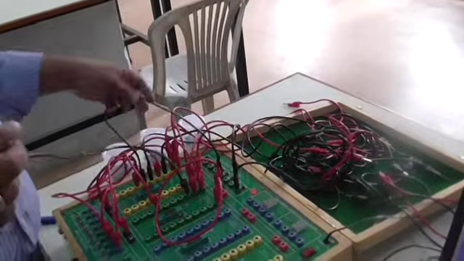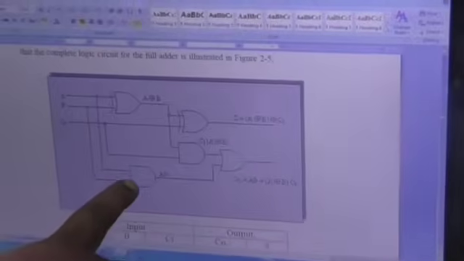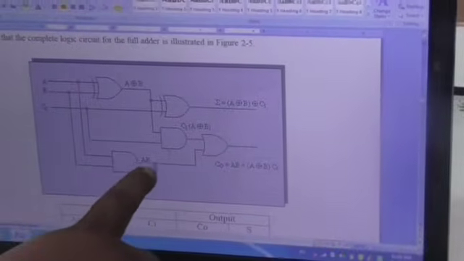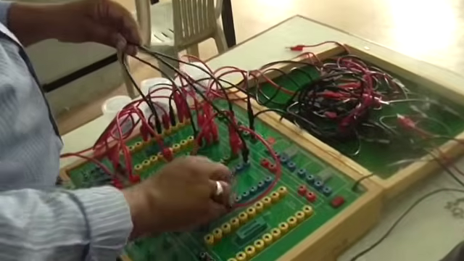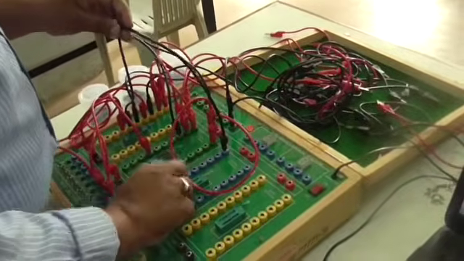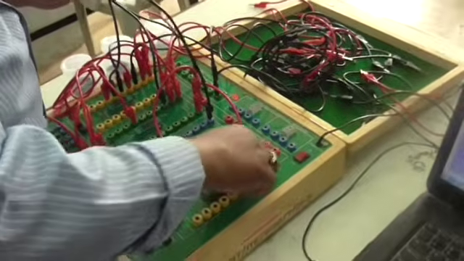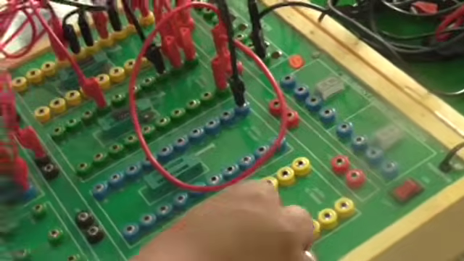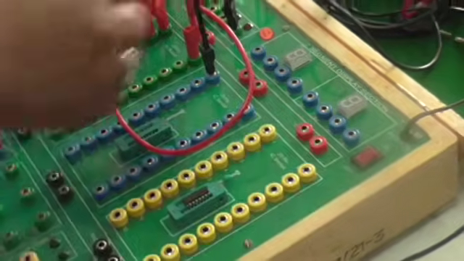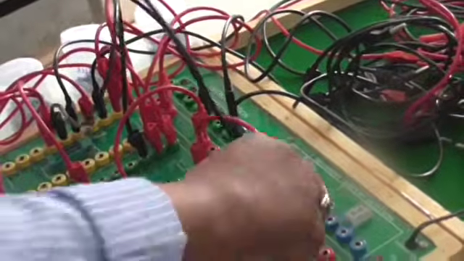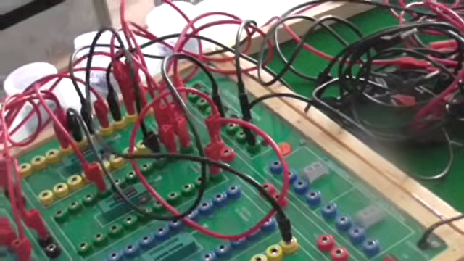Similarly, clear? So next, the A and B inputs, those I am already going to connect with the output. So the output pin of AB is one of the inputs of the OR gate. Now this output pin is one of the inputs of the OR gate. Clear? This slot is not working, so I connected it over here. Now this is one of the inputs of the OR gate. Clear?